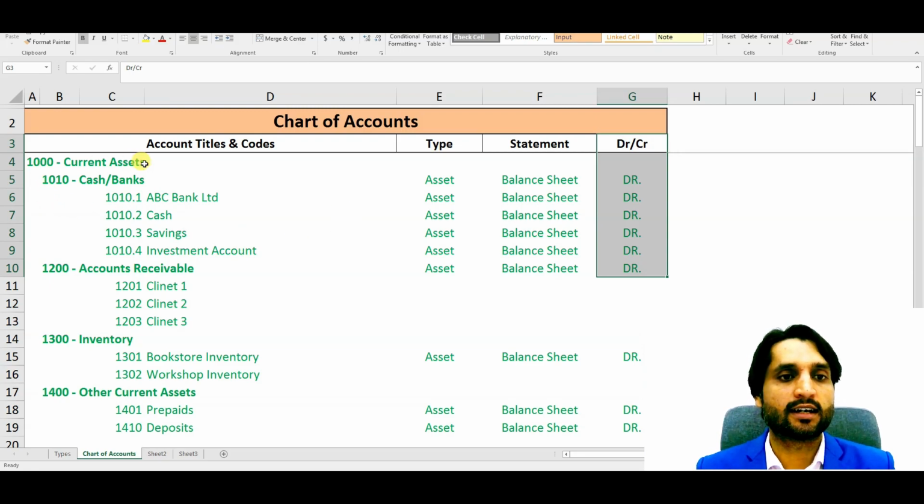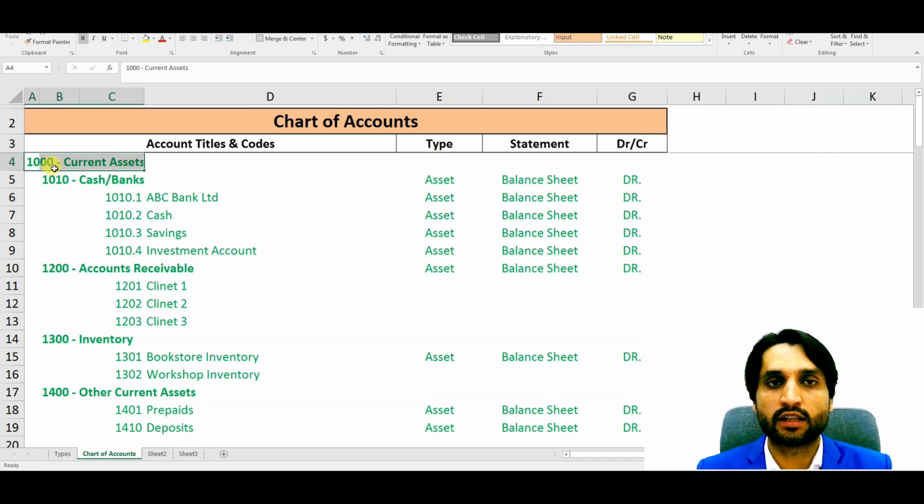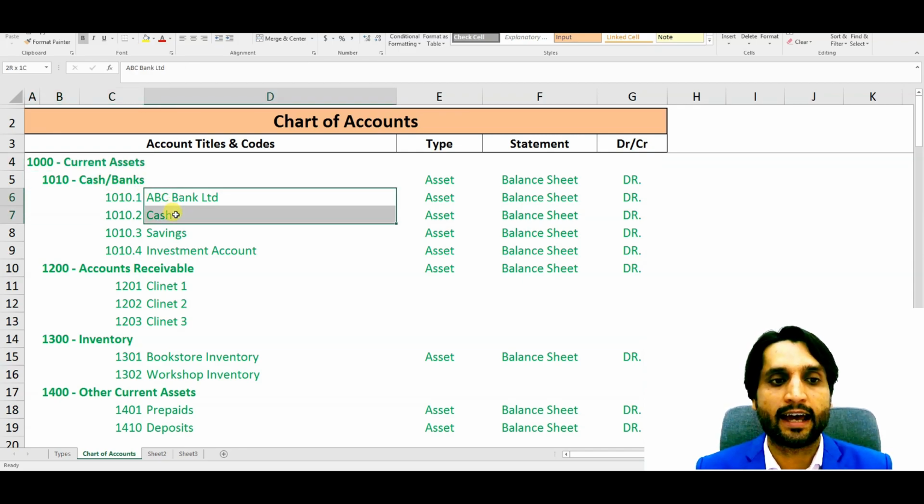As you can see here, account titles and codes. Here we have account code 1000, current assets. This is the main account, starting with code 1000. Under it we have a sub account of current assets, cash and banks. Cash and bank has code 1010, which is the sub account of current assets. And under cash and bank there are sub accounts like bank, cash and saving account and investment account, starting with 1010.1,